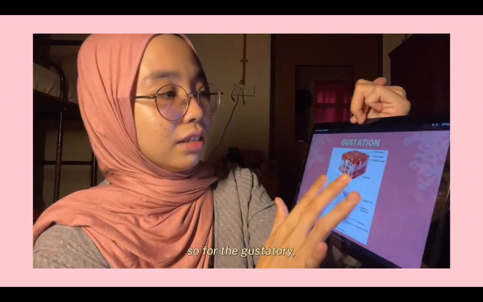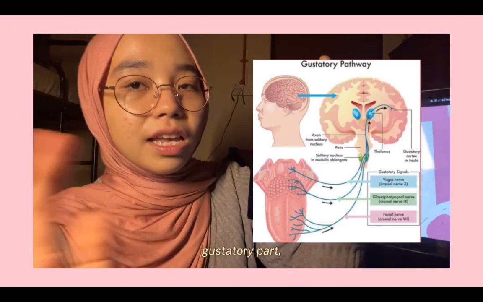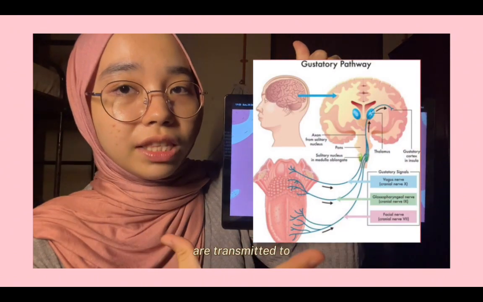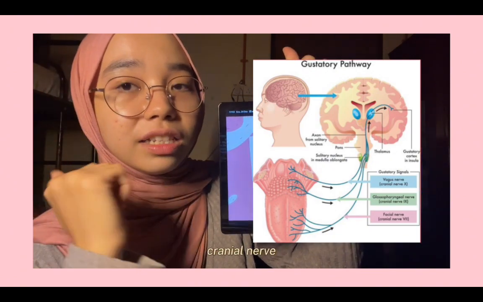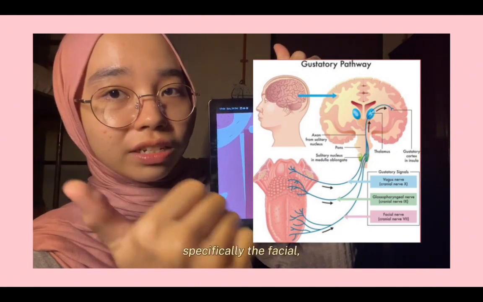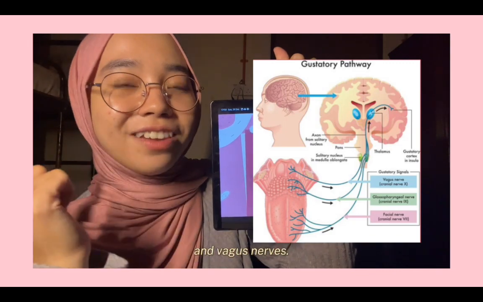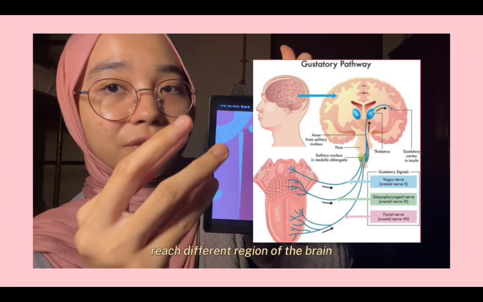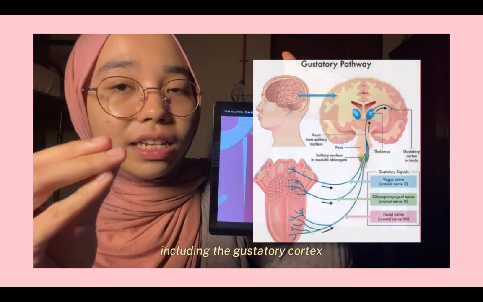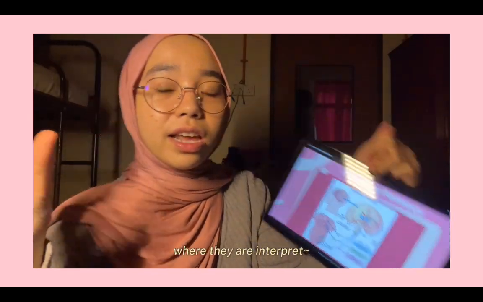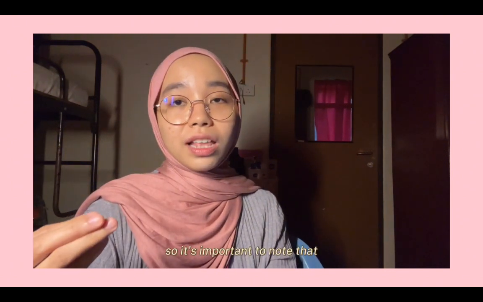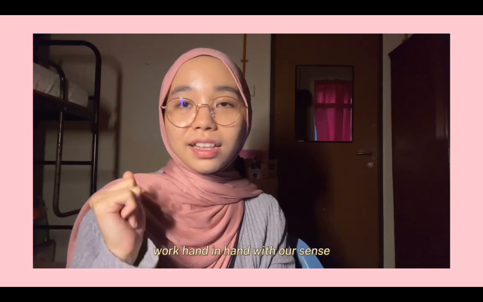For the gustatory part, the electrical signals generated by the taste receptor cells are transmitted to the brain through cranial nerves, specifically the facial, glossopharyngeal, and vagus nerves. These electrical signals reach different regions of the brain, including the gustatory cortex, where they are interpreted as different tastes and flavors. It's important to note that our sense of taste works hand in hand with our sense